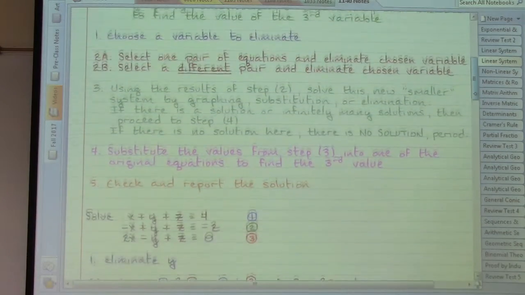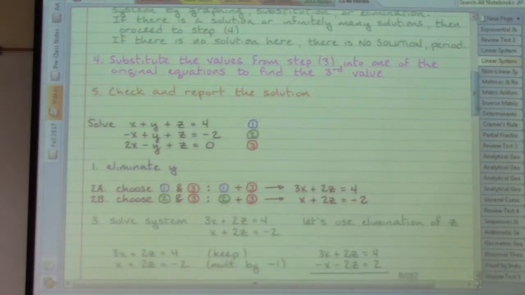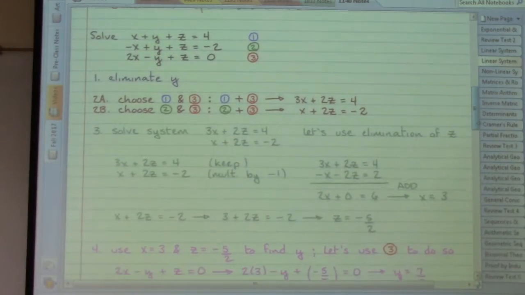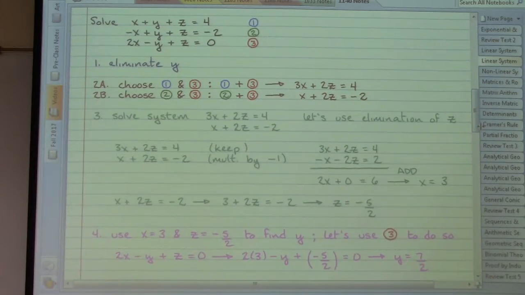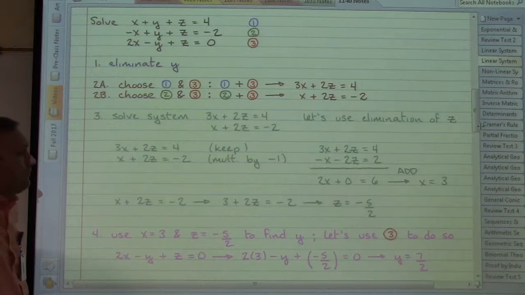So, as usual, having something that's already worked out here and trying to get as much of what we have for the problem here on one screen. At the top, we've got our original 3 equations. Just to make things a little bit easier, those are labeled with number 1, number 2, and number 3